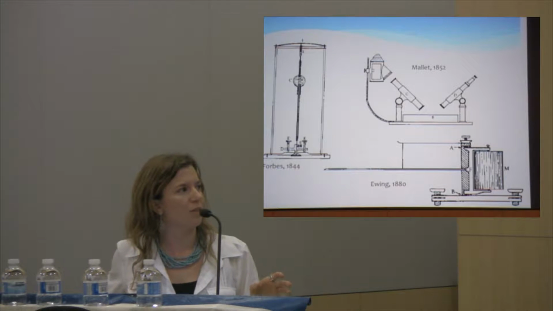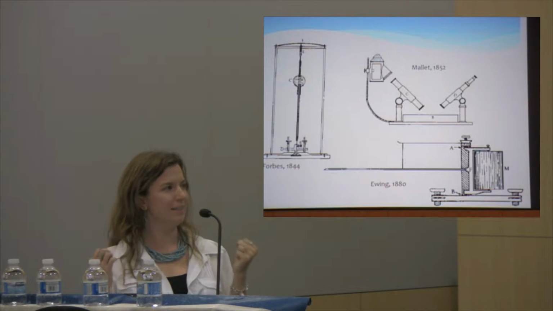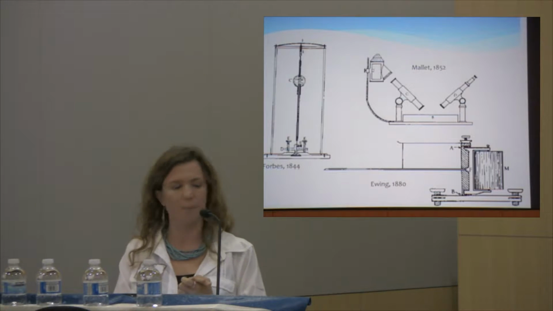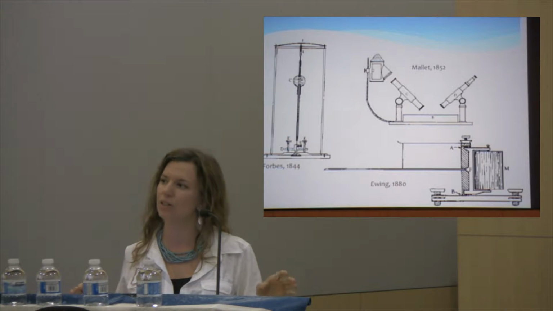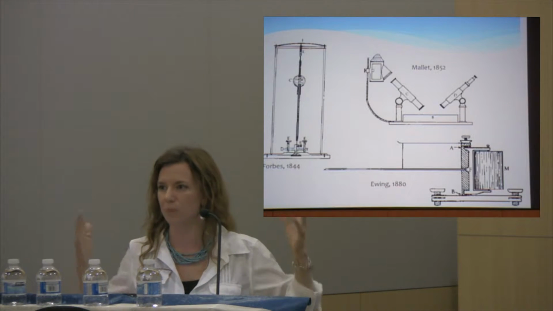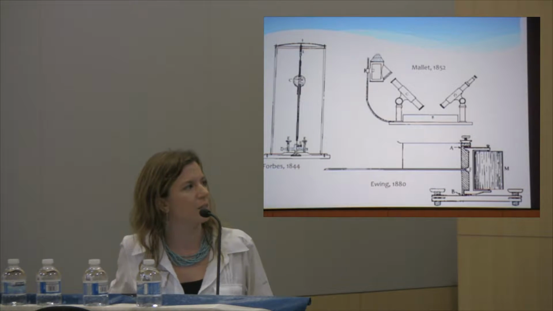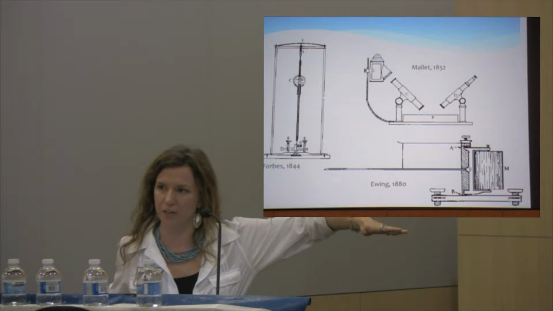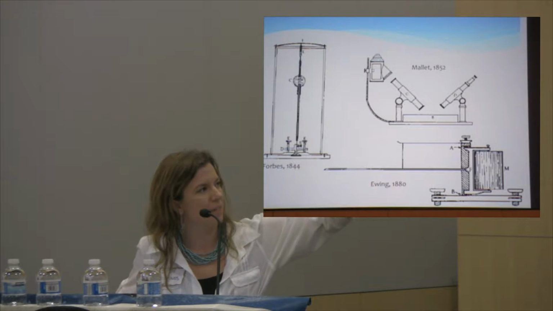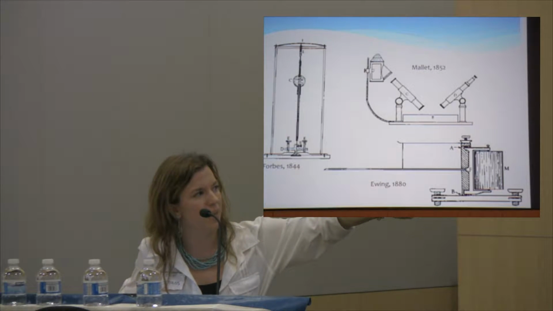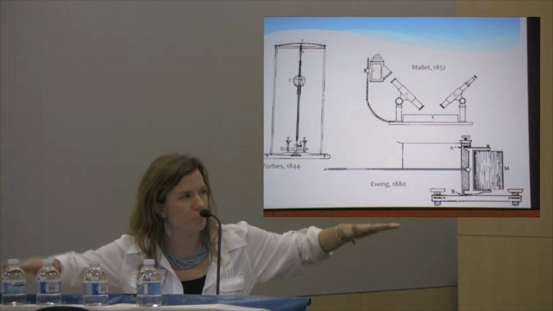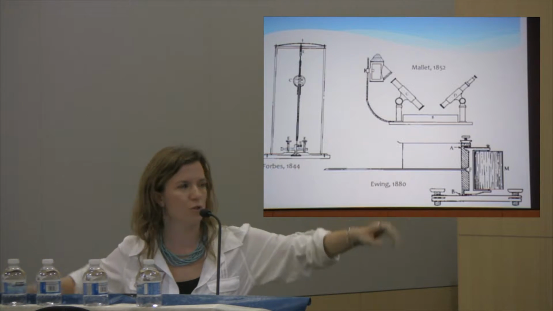In the bottom right-hand corner, there's an instrument by Ewing, and this is sort of the granddaddy type of instrument that you have. Around the time of Ewing, the late 1800s, you have a lot of different kinds of instruments of this type or similar types, but this is just one good sketch of this. So this is a horizontal pendulum. And so that big, long pivot arm that you have there is a horizontal pendulum and has a little tiny pin, almost a needle, at the F position. And so this thing is perfectly aligned by these screws,